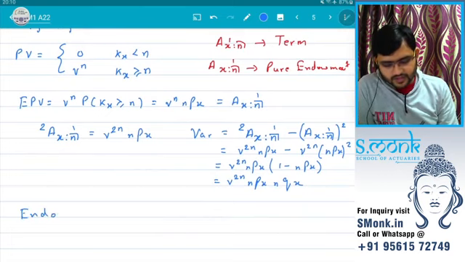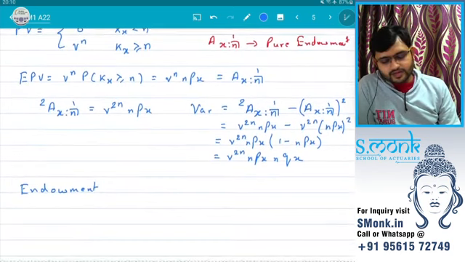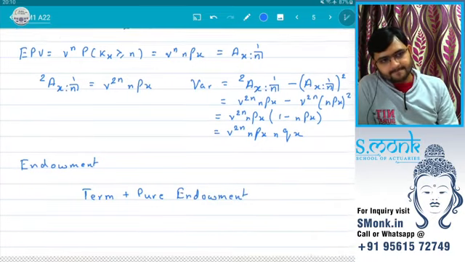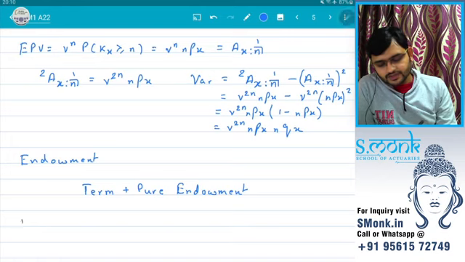And we'll talk about endowment. Endowment is just term plus pure. This is what our endowment policy is. So we'll say present value will be, if the person dies within n years, then it is